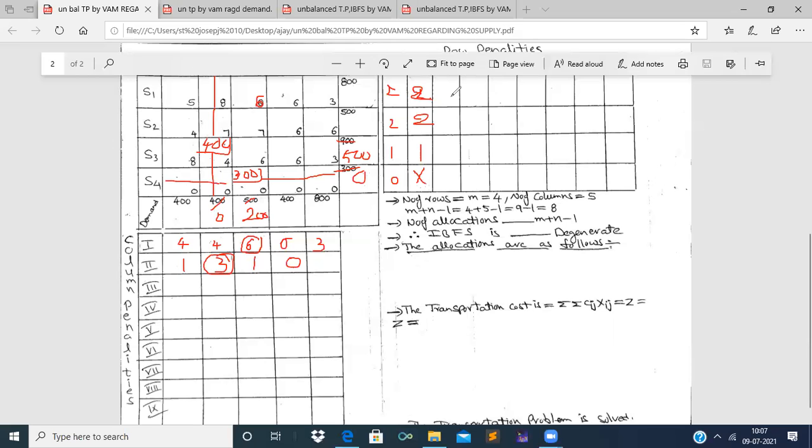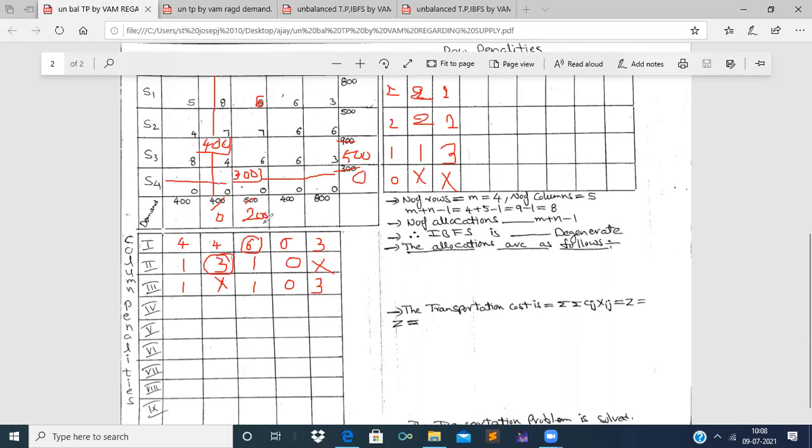Now let us go for the third set of row penalties and column penalties. Right, 5 minus 3 is 2. Next, 6 minus 4 is 2. Next here, 6 minus 3 is 3. And there is no need of finding the last row penalty. Now, 5 minus 4 is 1. There is no need of finding this column penalty as demand is exhausted. Next, 7 minus 6 is 1. And 6 minus 6 is 0. And now, 6 minus 3 is 3.